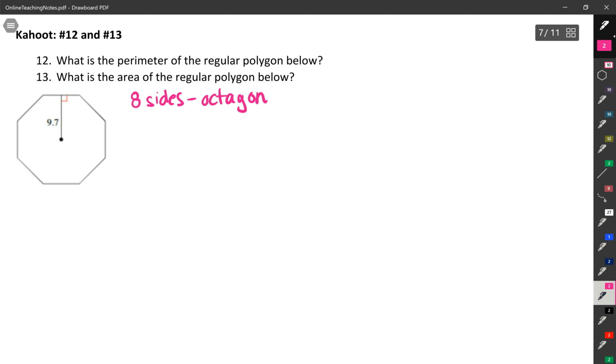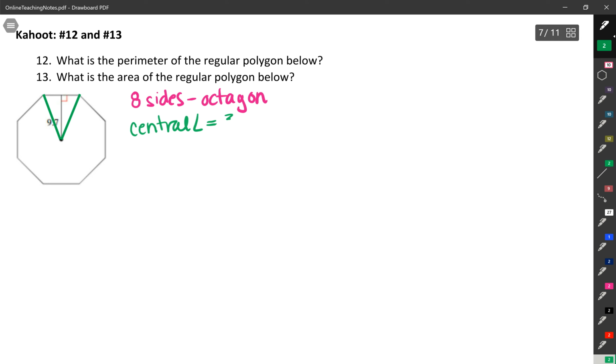First, to find the perimeter, I would draw in the central angle here. Well, not the whole central angle, but just that segment. Actually, yeah, I will draw in the whole central angle here. And then I'm going to find the measure of that central angle. So that central angle